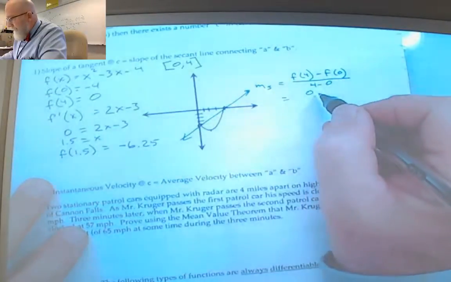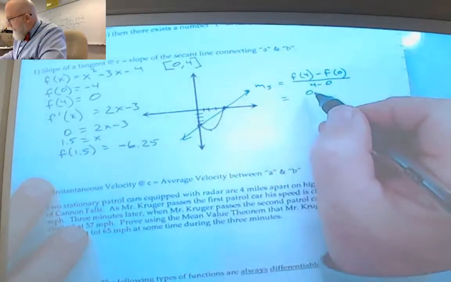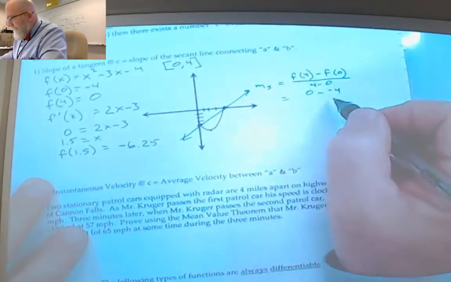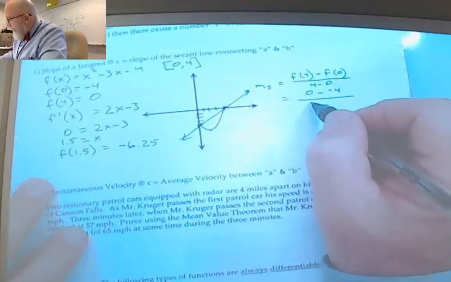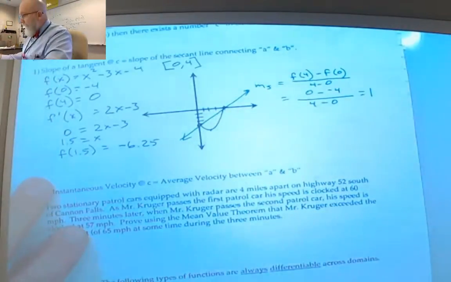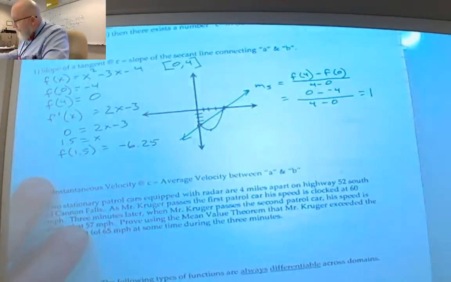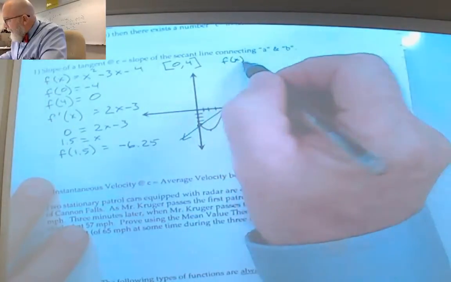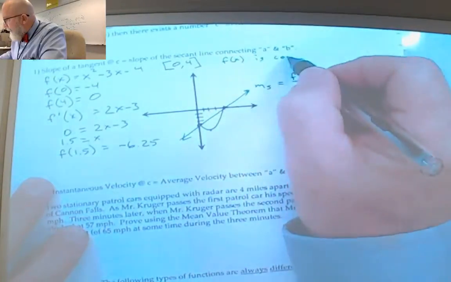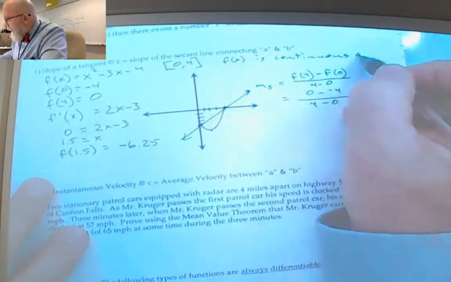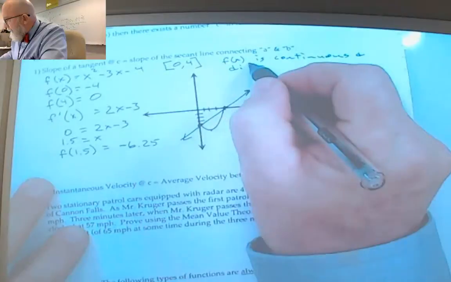And I get 0 minus a negative 4, does that look right? Over 4 minus 0, and I get 1. So that secant line has a slope of 1. So since this f of x is continuous and differentiable,